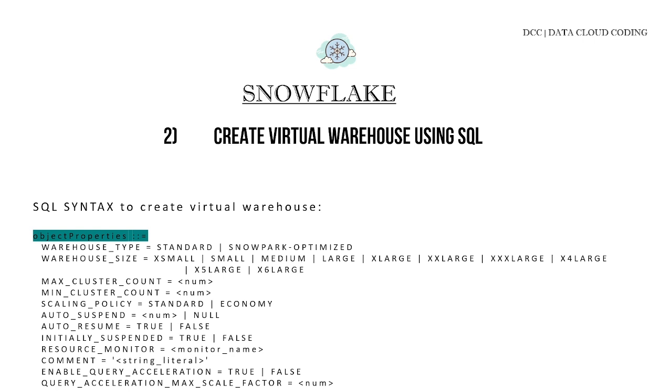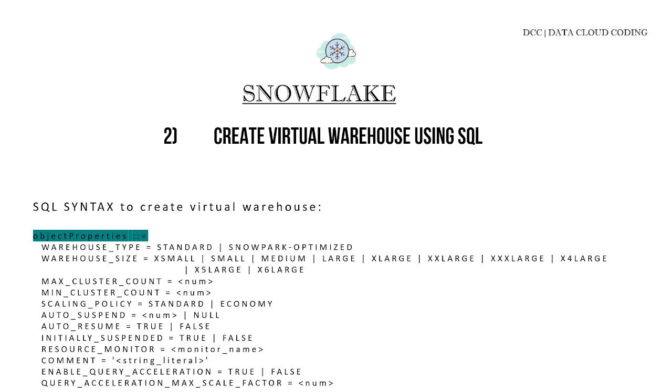So if I talk about object properties, we get a whole list of object properties. Like we can choose the warehouse type, if I want my warehouse to be standard, or if I want my warehouse to be Snowpark optimized. I can choose the warehouse size, and the attribute to do that is warehouse underscore size. And we get a whole list of warehouse sizes, the options to choose from. Similarly, we can also specify the maximum cluster count, and also the minimum cluster count. We can also specify the scaling policy, like if I want the warehouse to have the scaling policy either standard